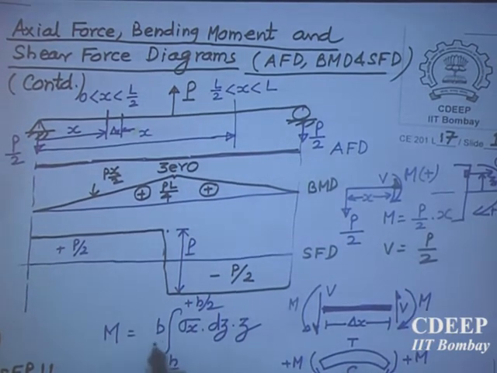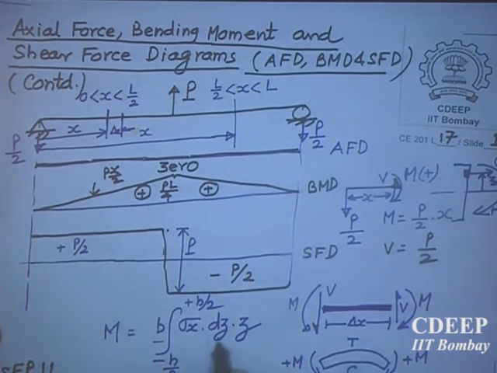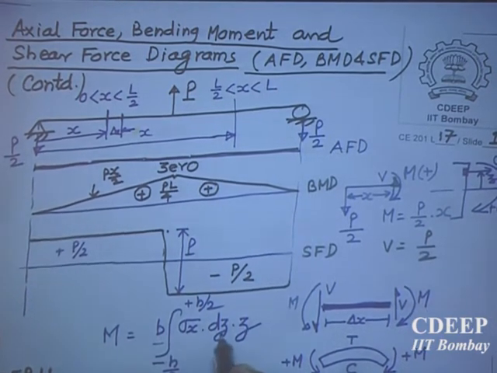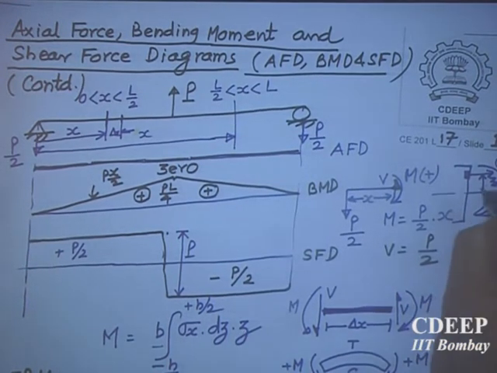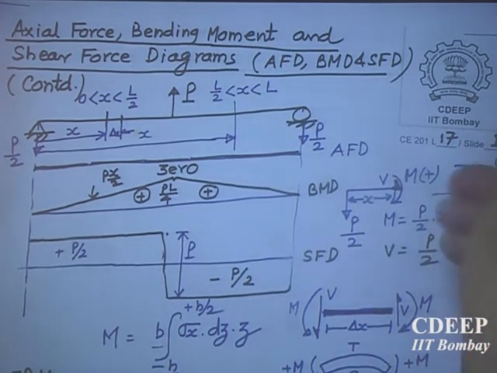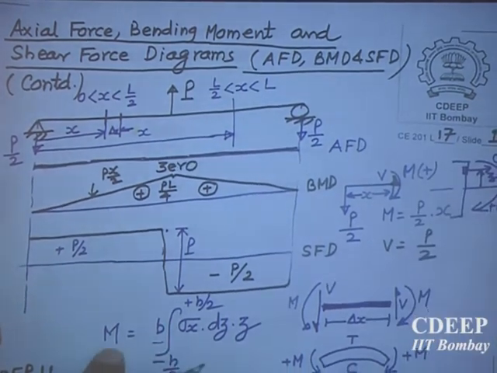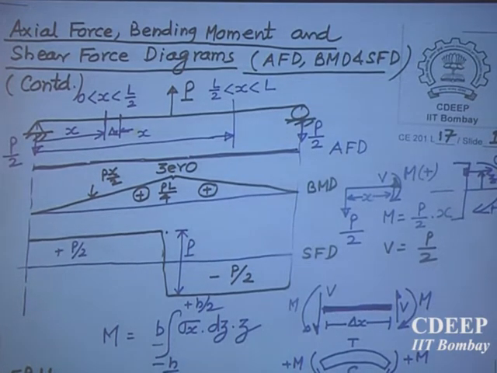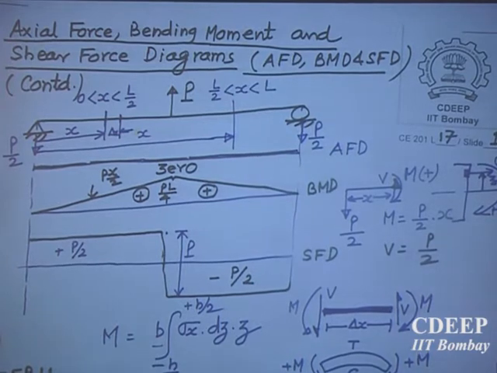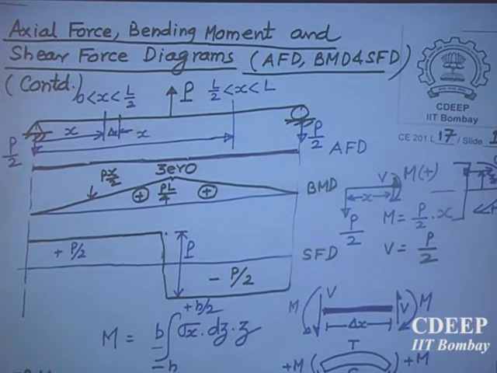Do you understand? This means a small force multiplied by z. Why is it a small force? Because the area is b dz into dx, the force multiplied by the lever arm is this. So that is giving me a small moment, and you integrate from top to bottom, you will get the total moment at the cross section. So we are calling this positive moment, and a positive moment is such that it produces tension at the top and compression at the bottom.